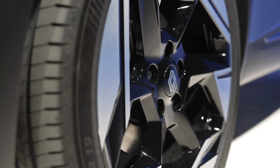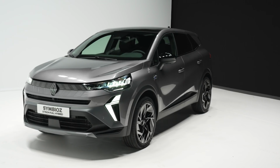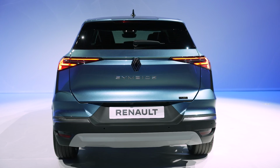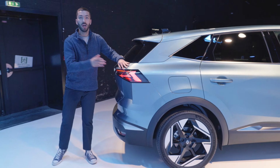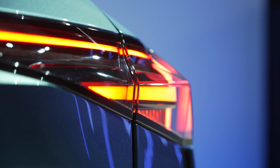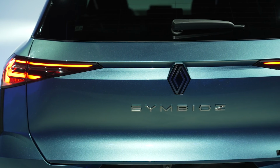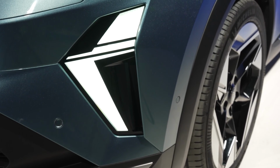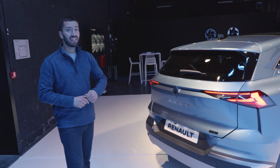I love this design, but I prefer the design of the Esprit Alpine wheels. They look really, really good. And then if you come around to the back of the car, you'll see the tail lights here. There's a lot of similarity with other Renault models, obviously, like the Scenic, and I like the sharpness of them, and it just fits in with this more aggressive look all over the car. It's clearly a car that's targeting people who want a more design-led SUV, but handily, that doesn't come at the